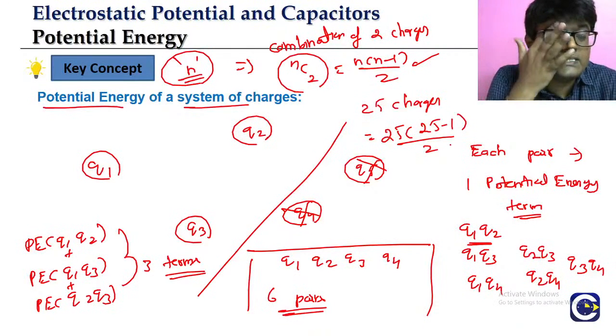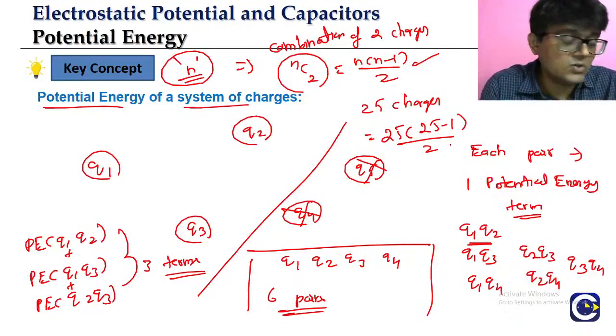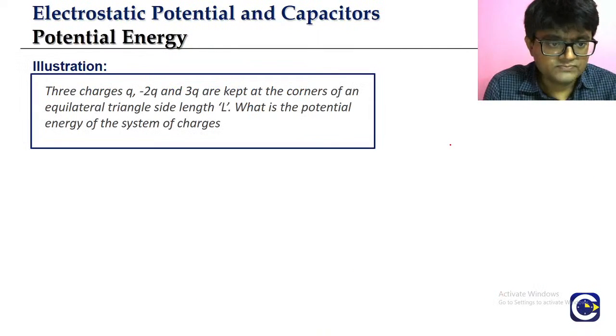Because potential energy is a scalar, right? If you add all of them, from that we will get the total potential energy of that system of charges. Okay. So look here, 3